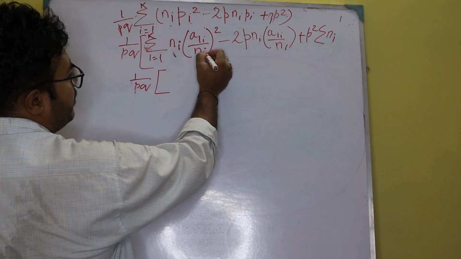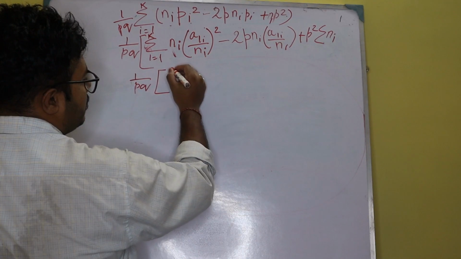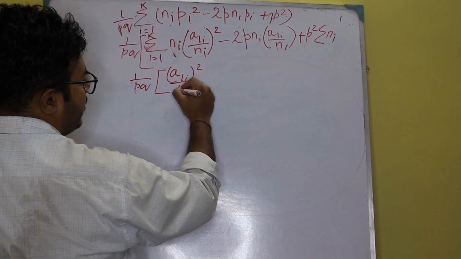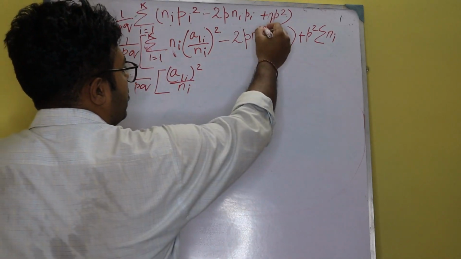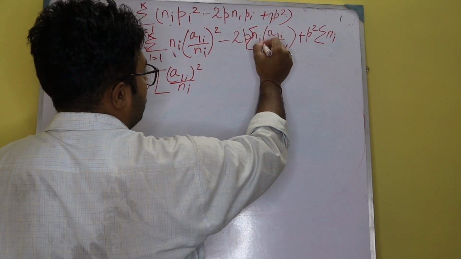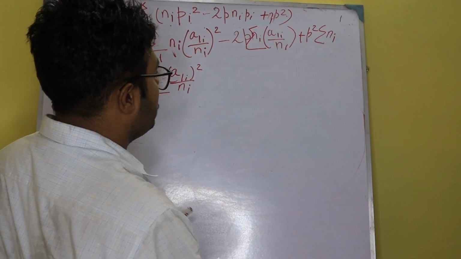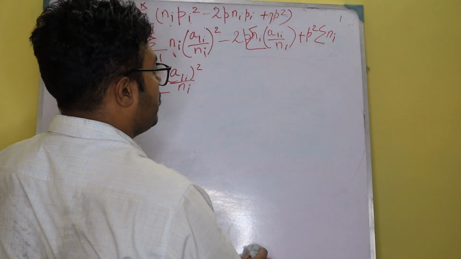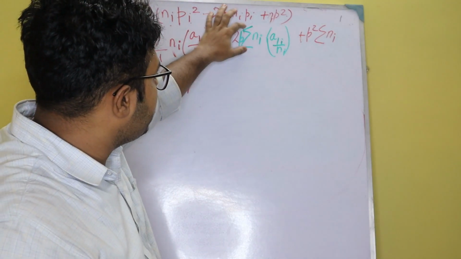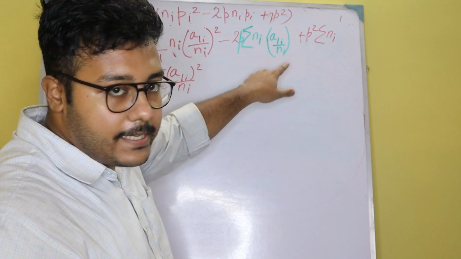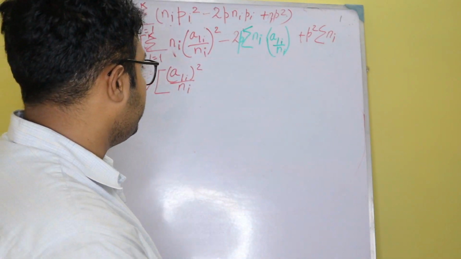So I am rubbing this part, and I am putting the values here. See here, ni will be a square here and ni is single here. So we can write a1i whole square by ni. Now here, sorry, this will be the summation. Actually, I have made a mistake here. I have forgot to write the summation sign. I am just making a small change here, friends. I have written this in green. Sorry, I apologize for my mistake.